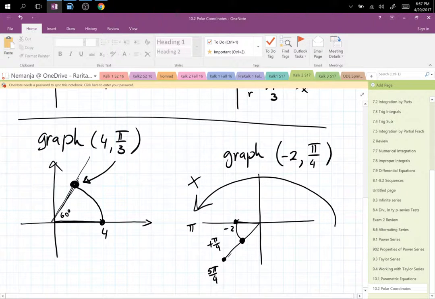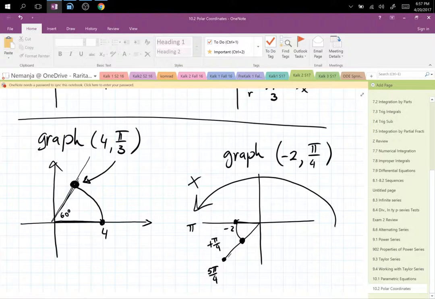So you added positive pi over 4, which is what is needed in your point. So you start at -2 on the x-axis because your radius is -2, and then you go positive pi over 4. If this was -2, negative pi over 4, you would go up, right? Because the negative angles go to the right,